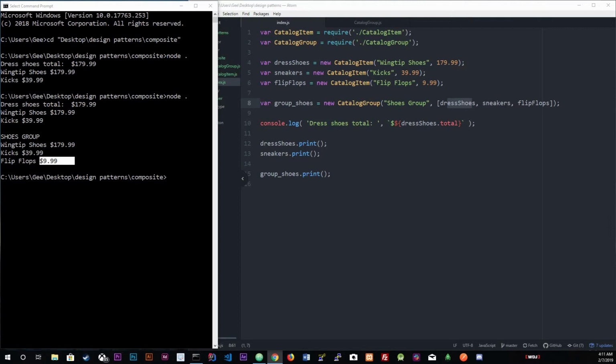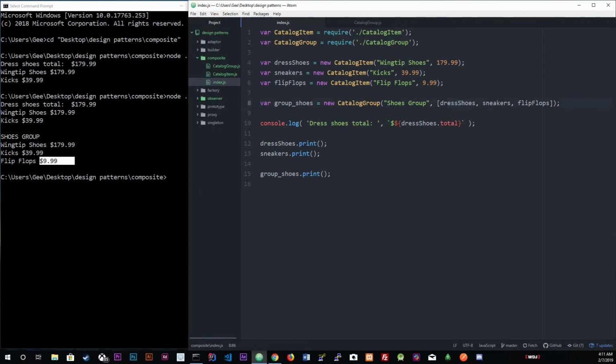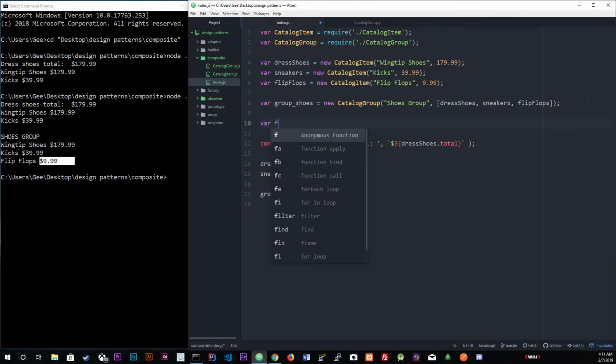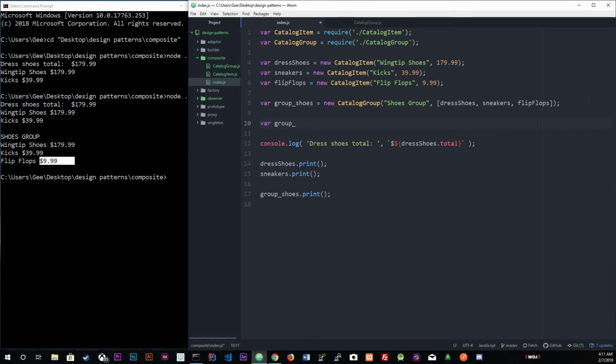So before I create an entire catalog, I want to create another group. I'm going to create a group for foods, let's say. So under shoes, I'm gonna create another variable. I'm gonna say food or group foods. Keep the same structure, name structure, foods. We're gonna set that to new catalog group,